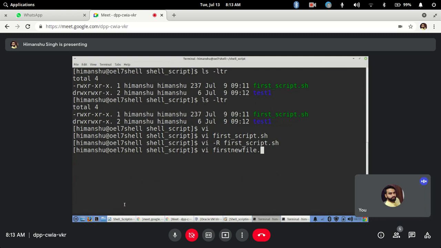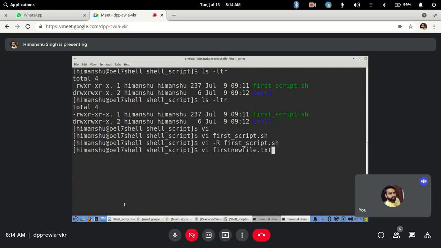If I am creating a shell script, I will prefer to use .sh, so that it's easy for me to identify that there is shell script code written in it. For now I will just create a normal text file. Even if I don't give .txt, that will still be a file, and you will still be able to use it the same way. So the extension doesn't define anything here.